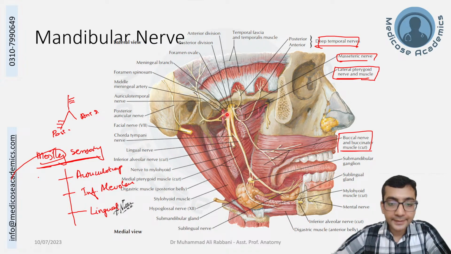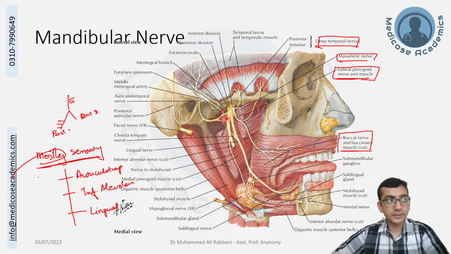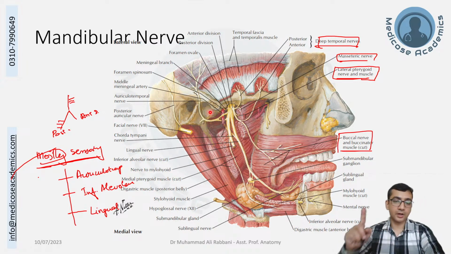Auriculotemporal nerve. It arises from the posterior aspect. This is a very important thing to remember. It is arising from two roots, and these two roots are embracing the middle meningeal artery. They go back, curve around the